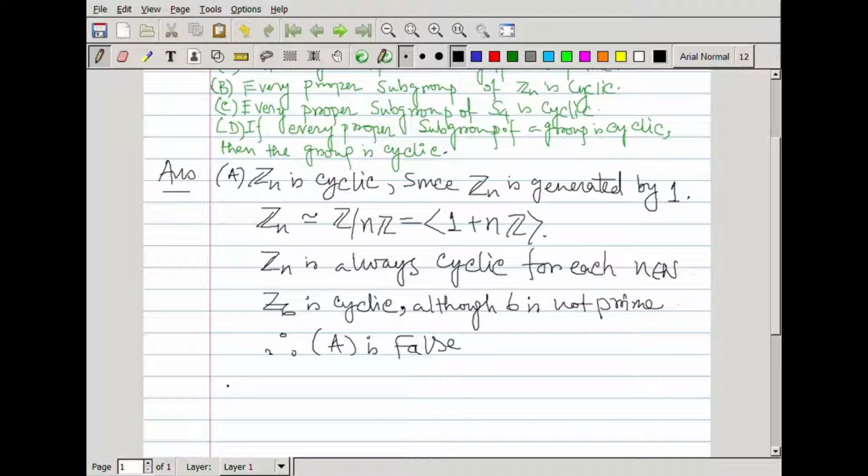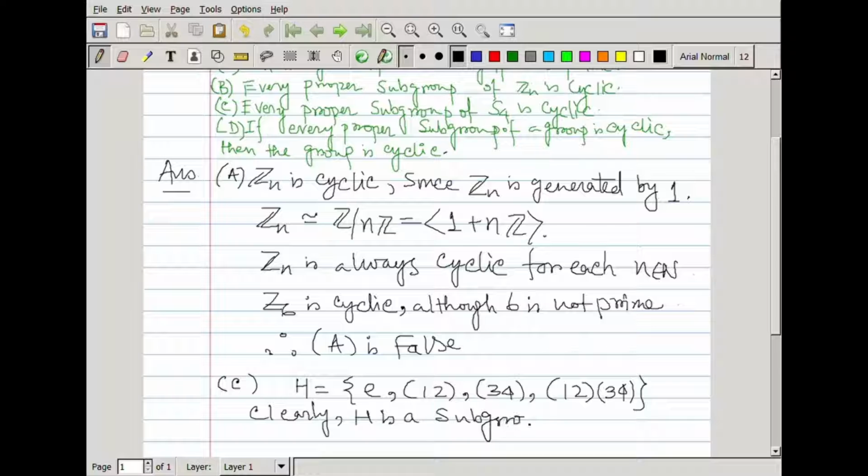Okay, we now look at option C. Every proper subgroup of S4 is cyclic. Okay, so we know that if in particular we take this subgroup, well, we take the identity and the permutations (1 2)(3 4), (1 3)(2 4) and (1 4)(2 3), clearly H is a subgroup of S4